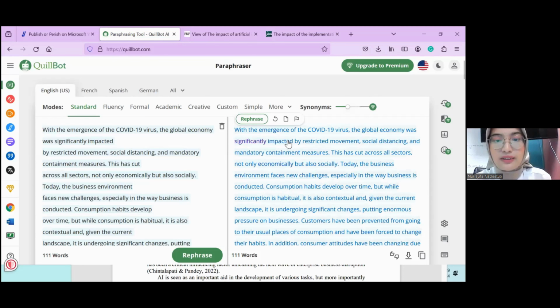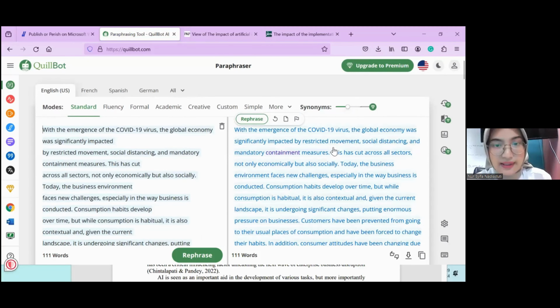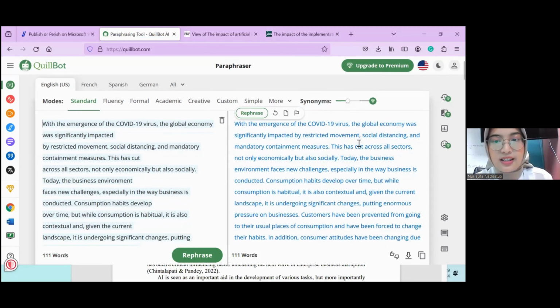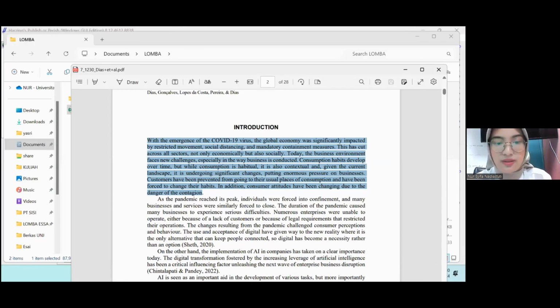And the right side is the result of the paraphrase. Okay. And from these results, you can copy by clicking Copy Full Text on the bottom right side into Word or Notepad to make your paper.